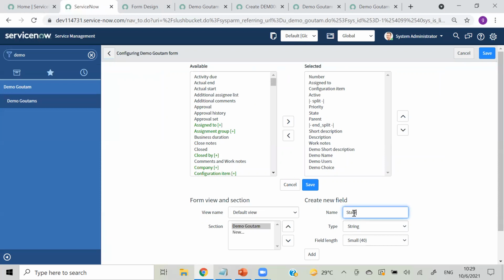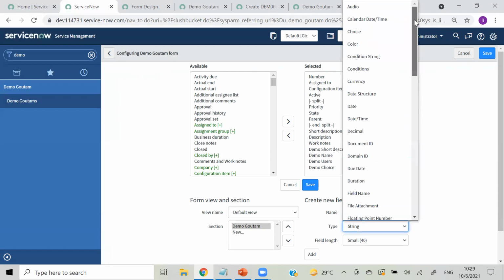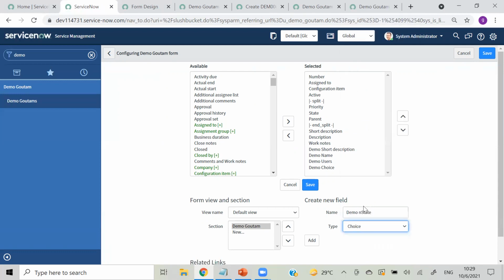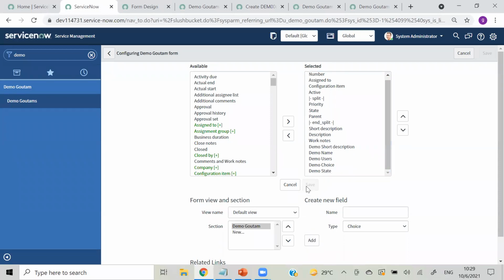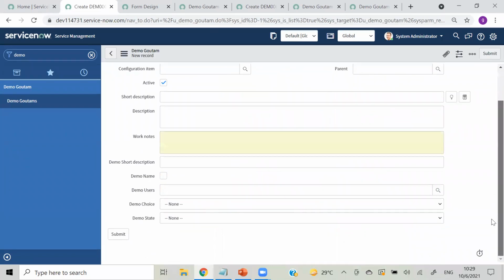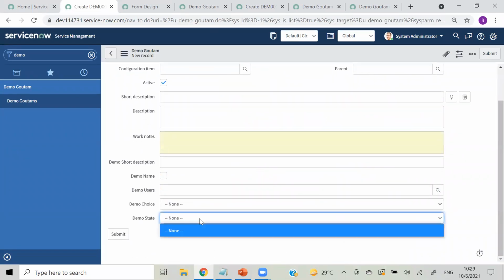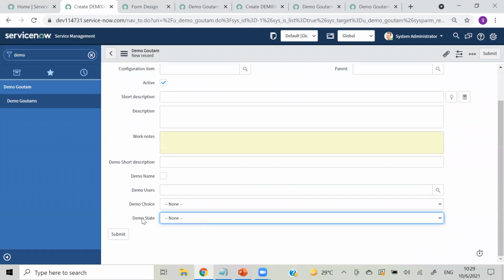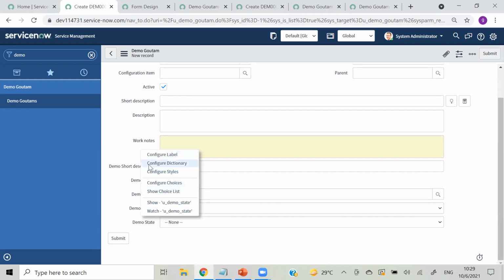Demo_choice, and that is choice. So now this is empty, right? Again, we have to create dependencies. First I will create choices in this, then we will create the dependency.